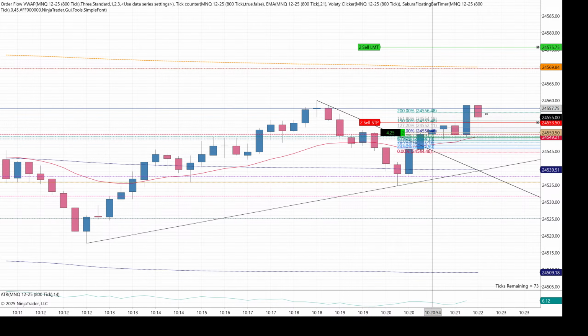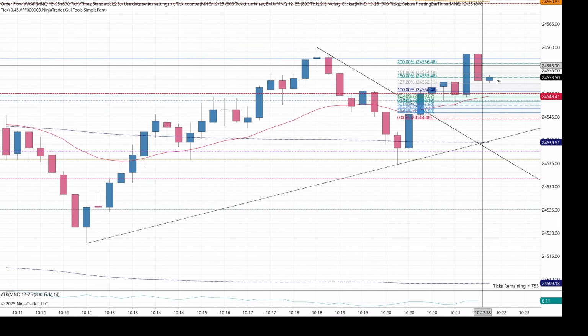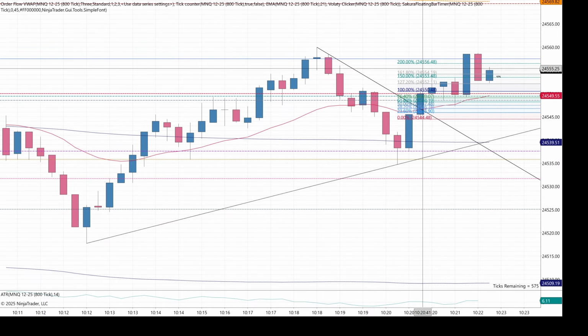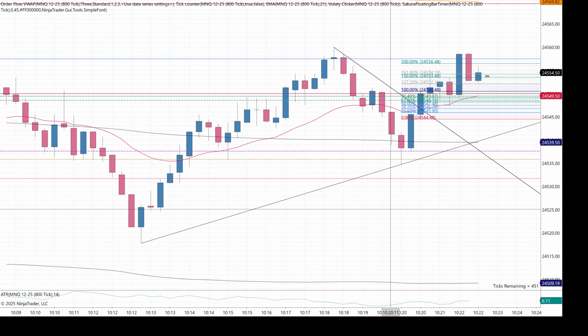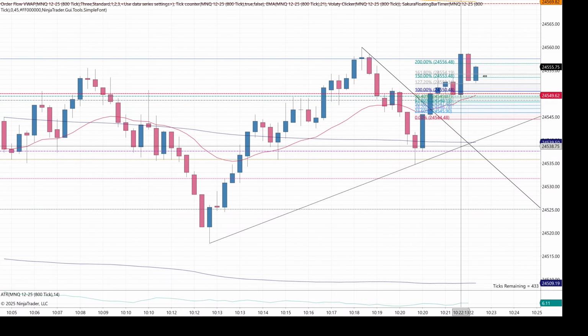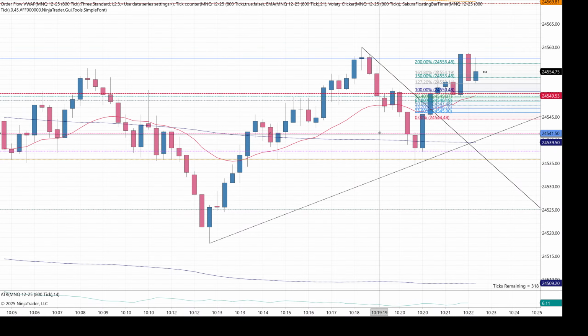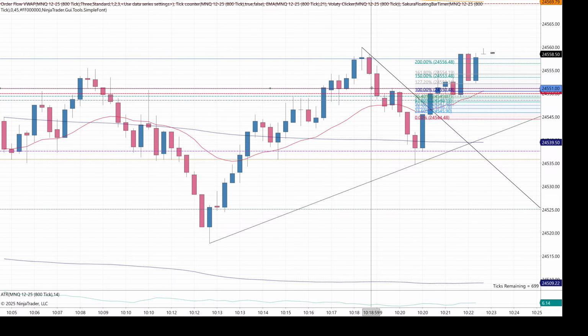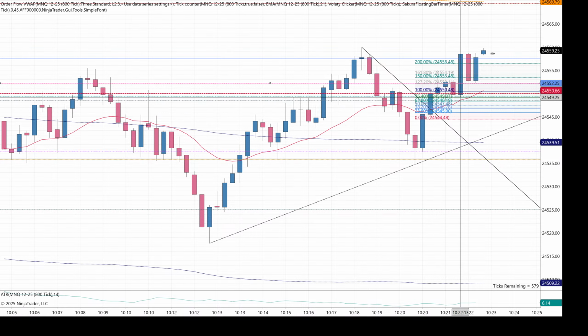Now, can we get a runner and go to VWAP? Nope. Okay, the runner is technically still running, but I decided to move up my runner to the 150 area, to at least capture half the move on my runner. Sometimes that's a mistake as it's going back up, but that's okay. The runner currently right now is at break even. Yeah, should have been a little bit more patient with the runner.